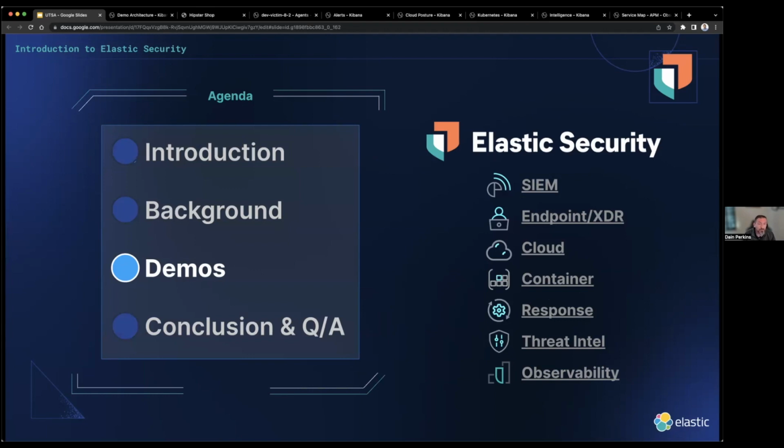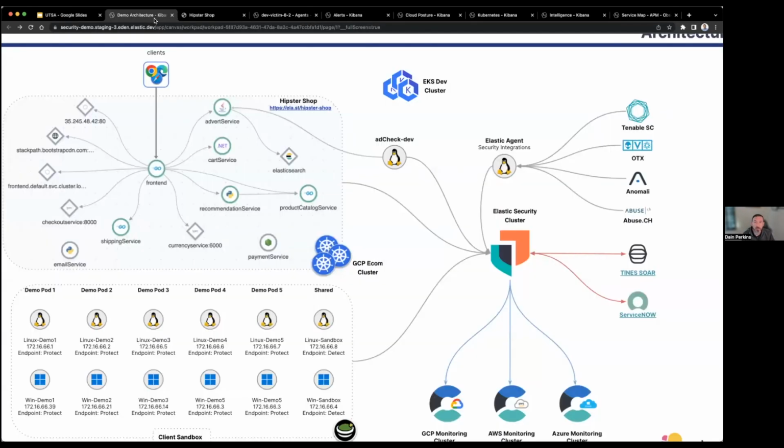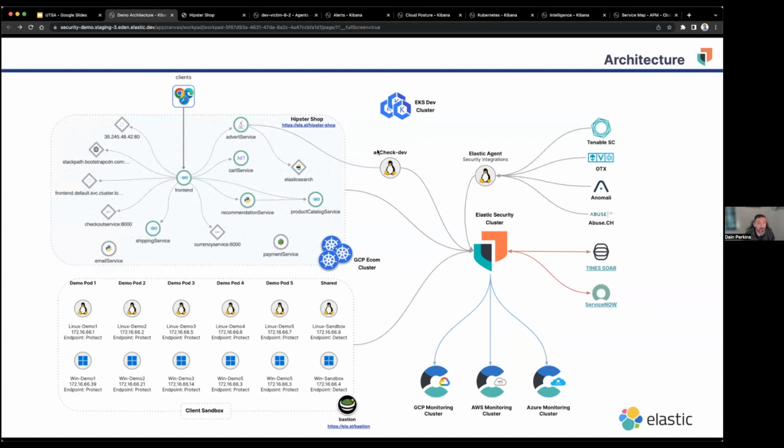Now we're just going to go through some demo environments so that you can see what it is we do, how we deal with some different environments. I've got a demo architecture diagram. This is actually built in Elastic. We have a portion of the platform called Canvas, where you can build presentations if you wanted to roll up statistics to the CISO or provide the SOC manager with operational statistics. You can effectively build a live PowerPoint. In this case, I've just pulled some stuff from Google Slides so that we can go over the architecture.